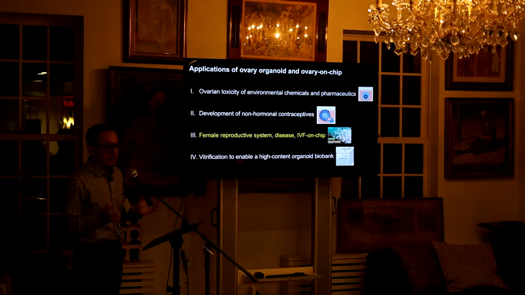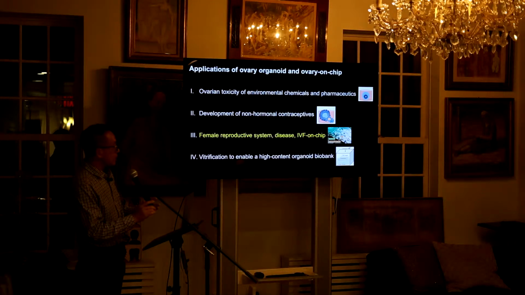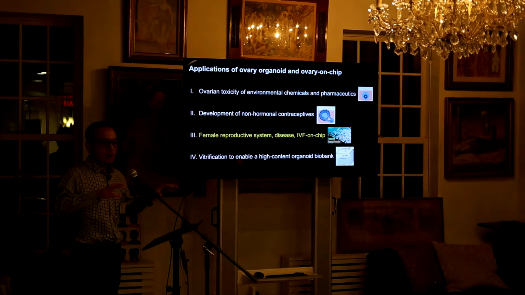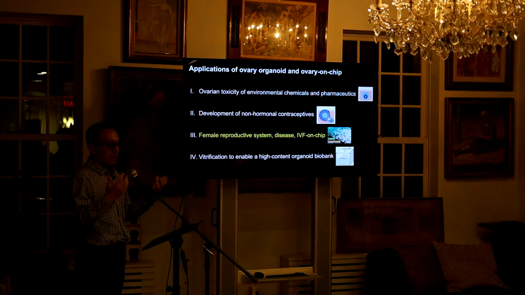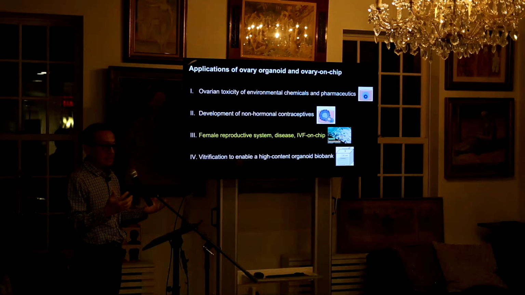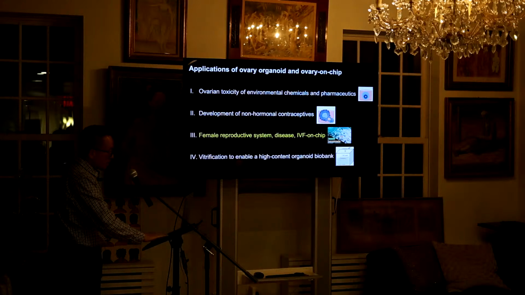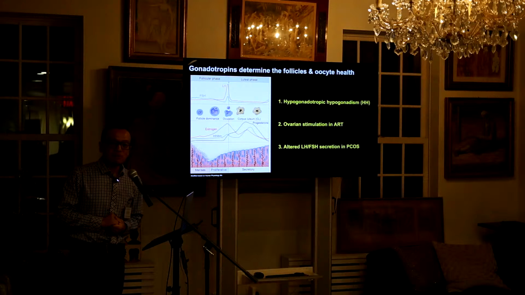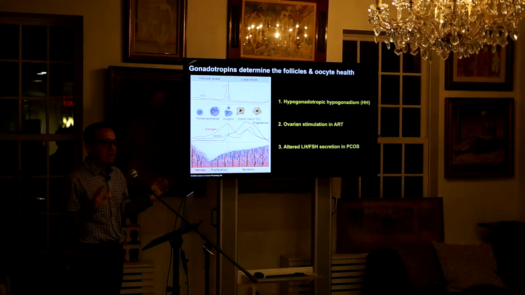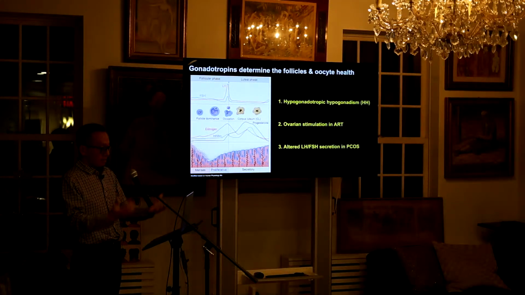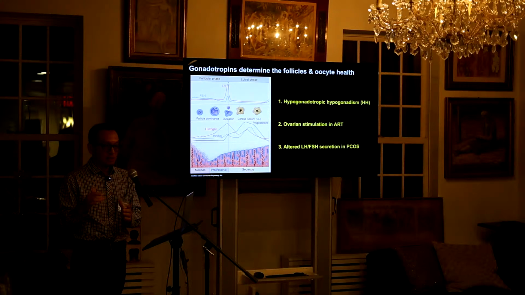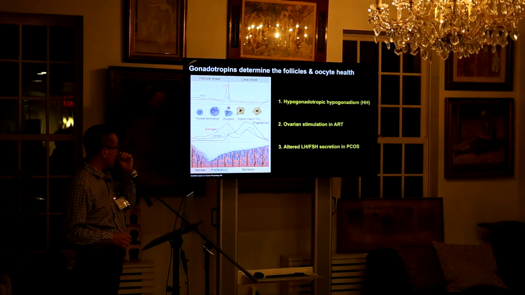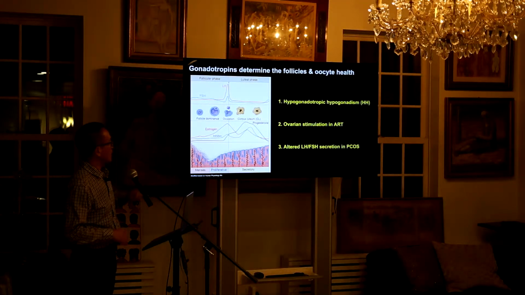So for the next 10 minutes, I'll briefly introduce how we use those culture models to learn more about reproductive disease biology and also the related discipline of IVF. For this one, I want to primarily focus on FSH. I believe FSH is the major focus in the IVF clinic because we want to mature the follicle, so we do ovarian stimulation. Primarily, we want to mimic what is happening in the gonadotropin-dependent follicle maturation process. Everybody already knows those, so I don't have to mention that.